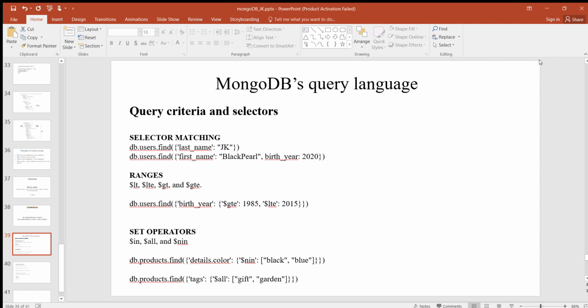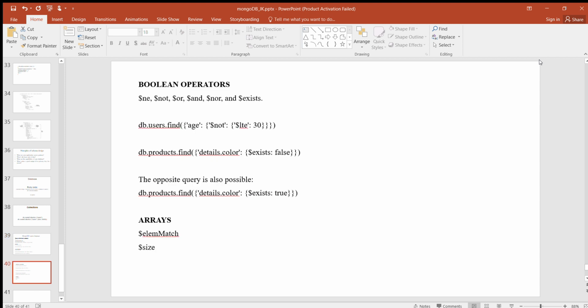Next, boolean operators. MongoDB's boolean operators include $ne, $not, $or, $and, $nor, and $exists. $ne matches if the argument is not equal to the element. $not inverts the result of a match. $or matches if any of the supplied set of query terms is true. $nor matches if none of the supplied set of query terms are true. $and matches if all of the supplied set of query terms are true. $exists matches if the element exists in the document.